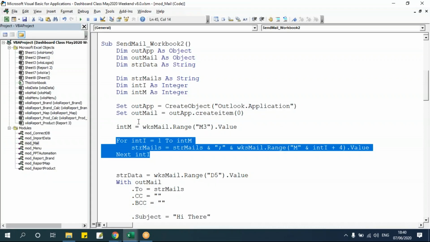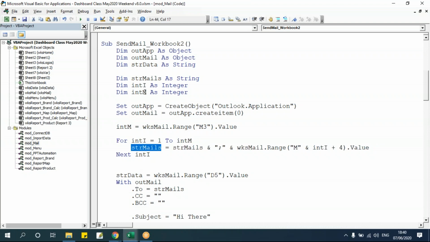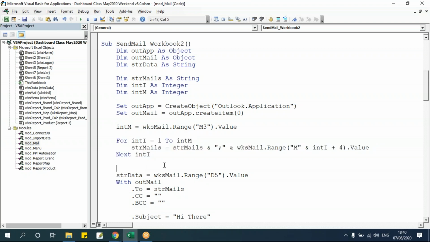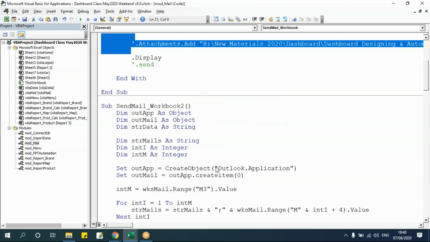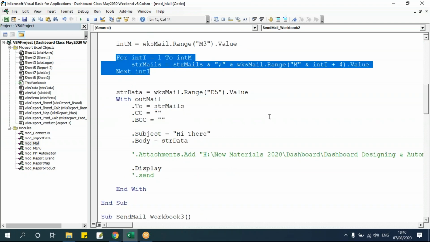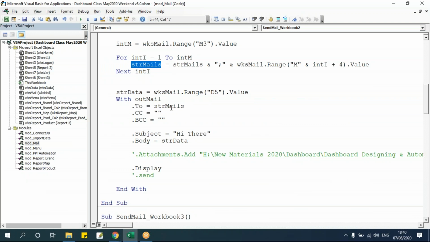If you see here, I have one string, that is str mails. So I'm trying to take that within this loop, only the mail IDs I'm looping, and then again the same code we have here, I'll be using here. But here, instead of the two, I'm using this str mails which I'm looping. So this will actually append all of this into this variable, and now I'm taking this here. Now let's say I'll go here,